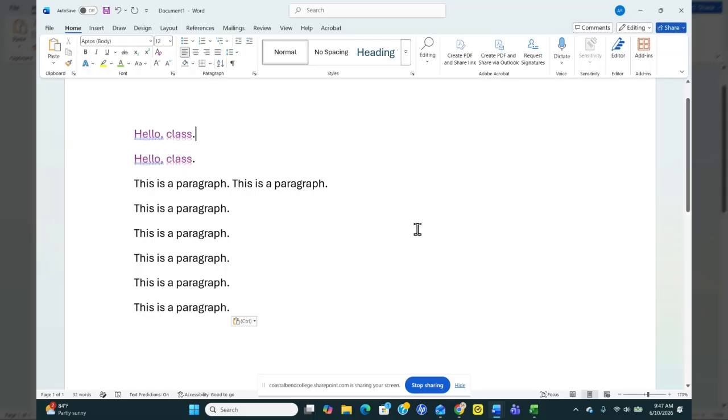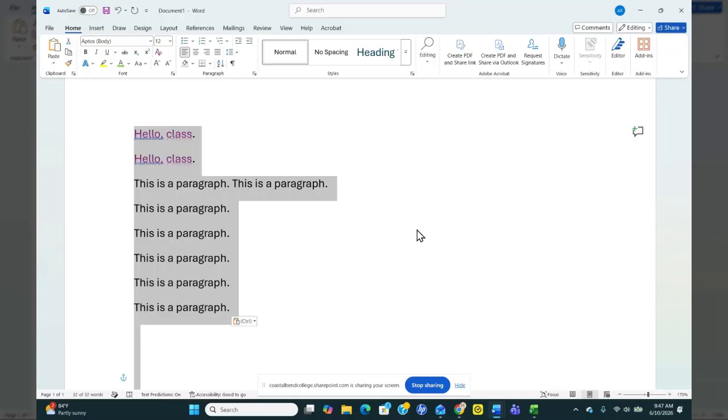Control A for select all. You couldn't use Control S because that's save. And for paste, it's Control V. And you couldn't use that earlier. You can see Control V, right? But you couldn't use that earlier because